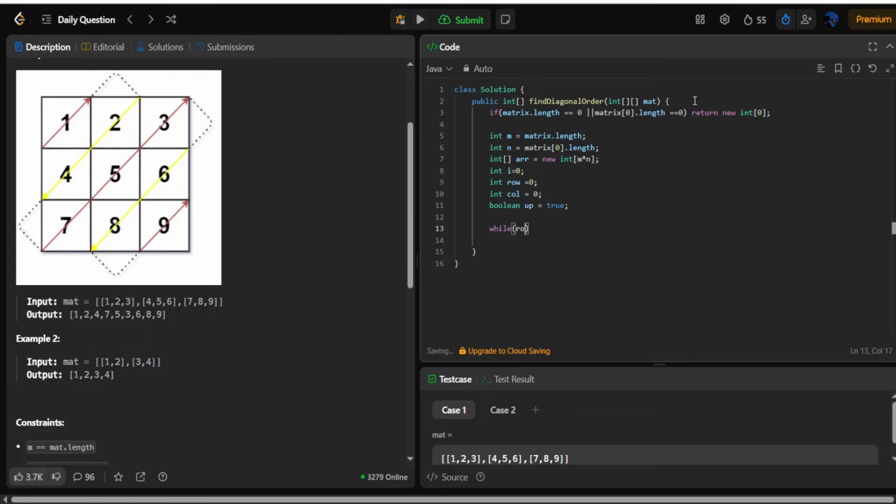While row less than m and column less than n, then what we do, if row less than m and column less than n, then we check if the diagonal is going up or down. If the diagonal up or down,